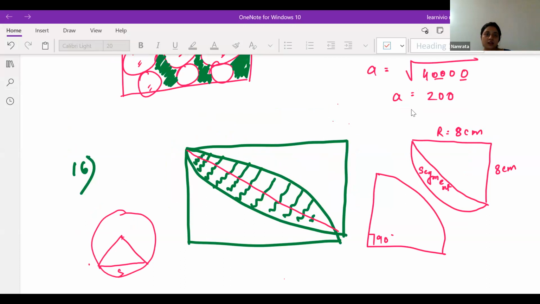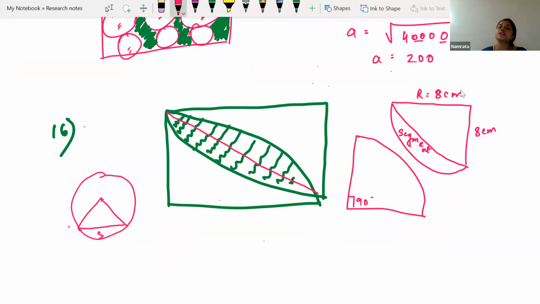Yes, Jaslyn. Can you see it? Yes, ma'am. So here we will easily go and find the area of the segment of the circle. That segment and this segment will both be exactly the same, because in both cases we are talking about the same quadrant, like 1/4 of the circle. Okay. So here you can